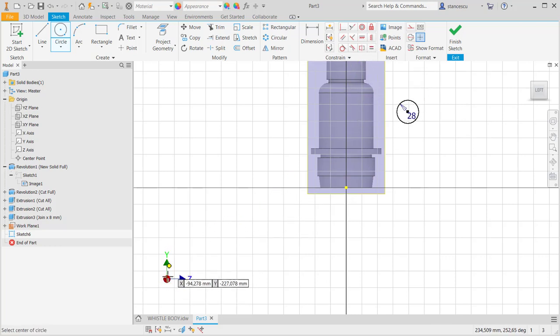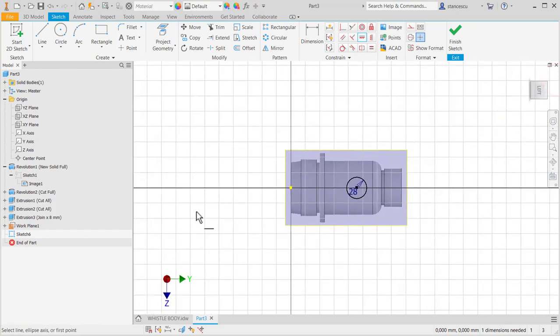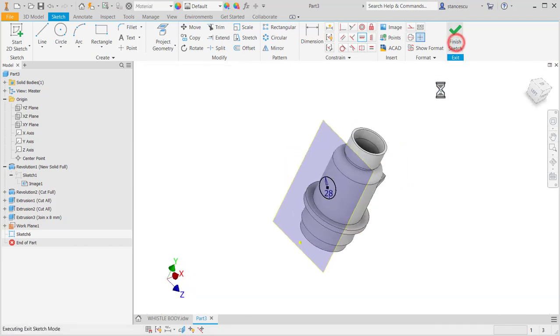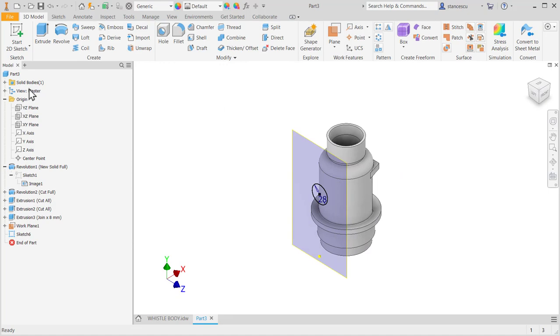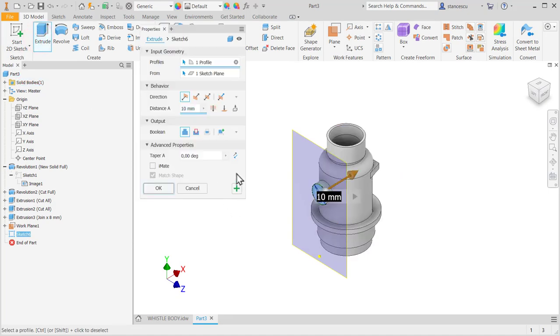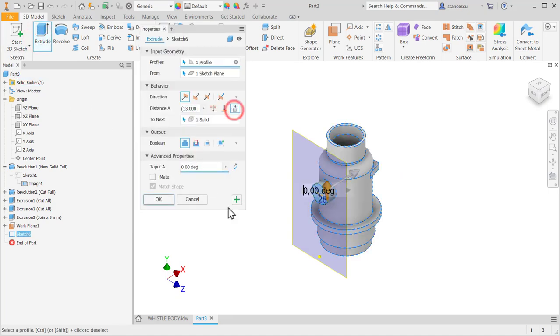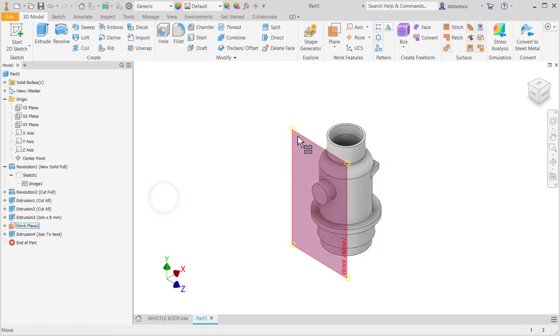This is horizontal, yes, because Z is vertical. Same horizontal. If you like, you can use this placement, and horizontal is horizontal. Finish sketch, extrude to next. Okay,